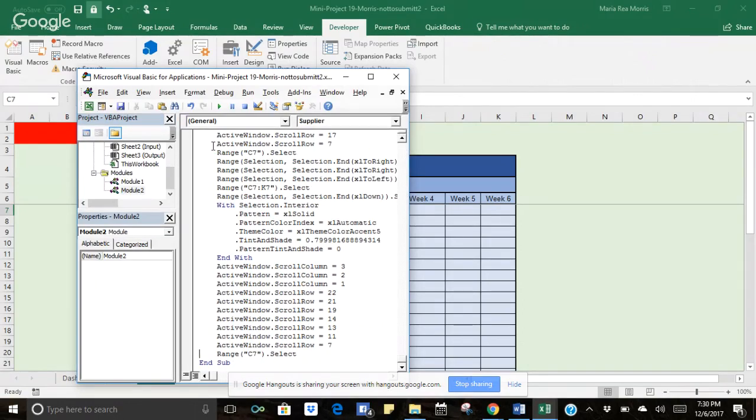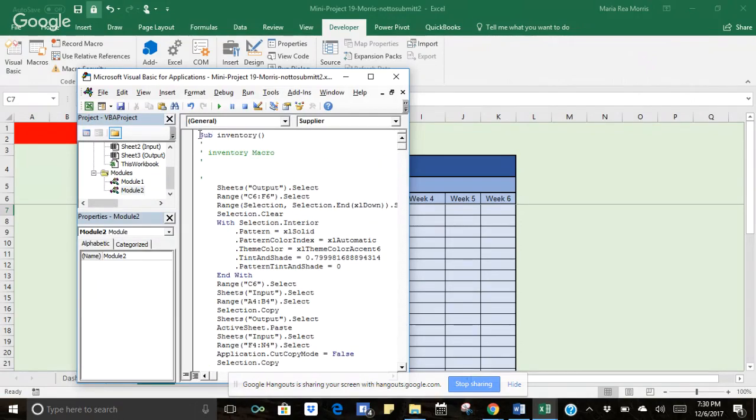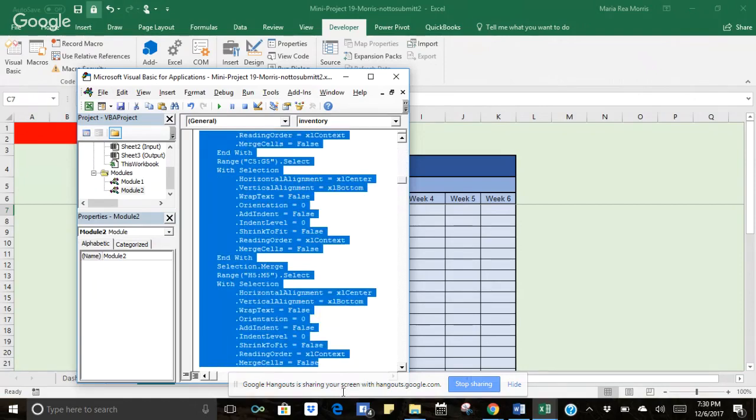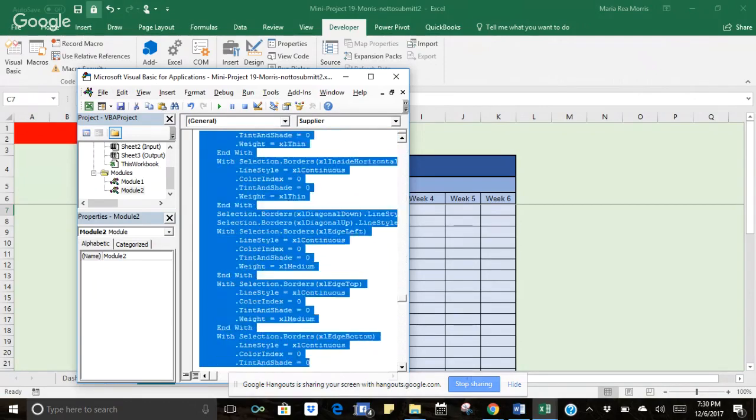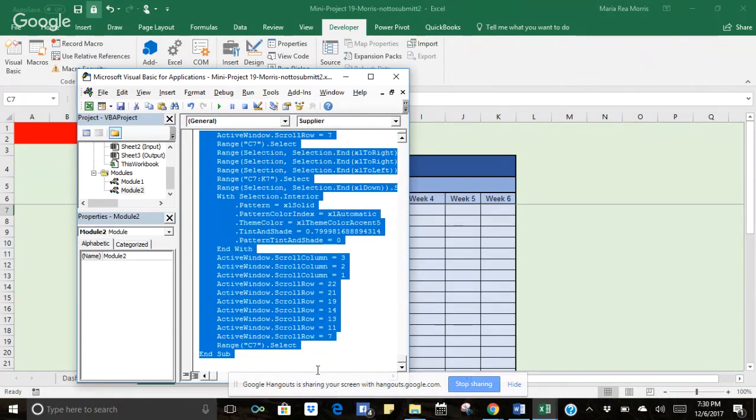Doyle, I showed Arlie to save it without exiting the whole worksheet, because if you exit, then that's what happened. It creates the second module. And